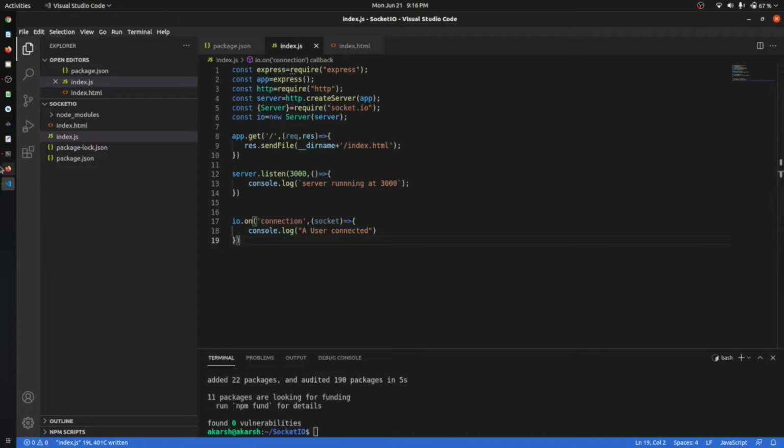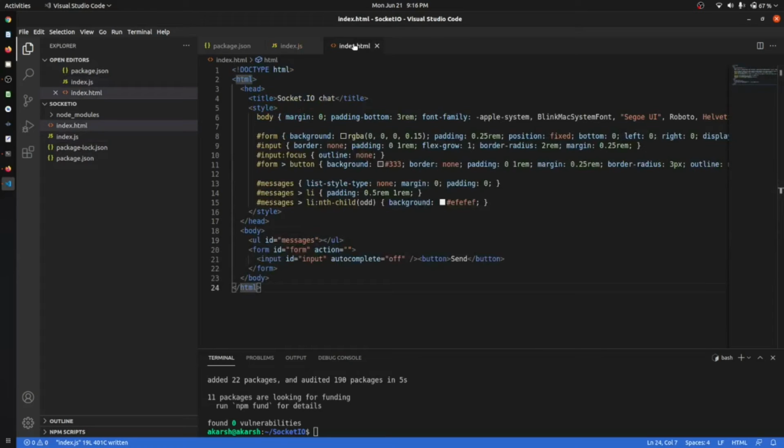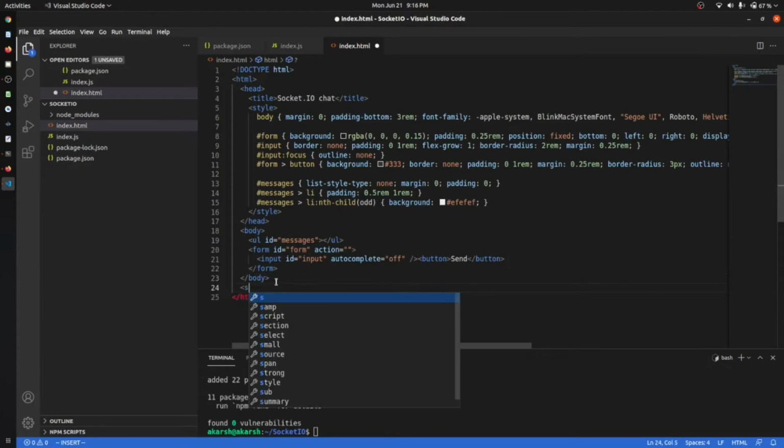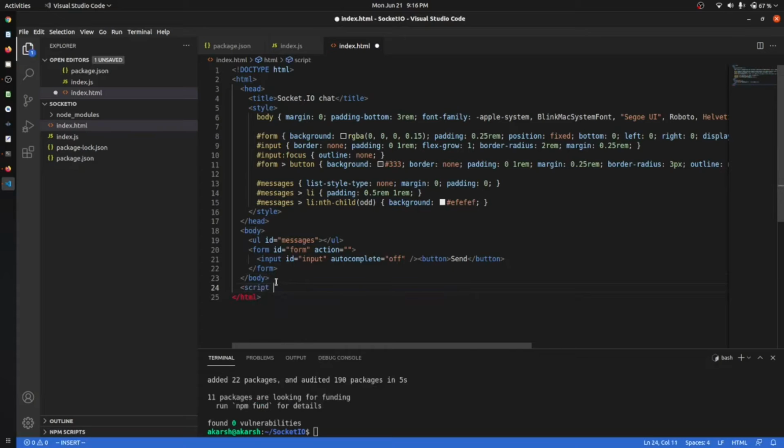So what we have to do is go to our index.html, and inside this body part we have to include the socket.io. We will create a script that will have a src, and we will call a predefined package inside every browser.